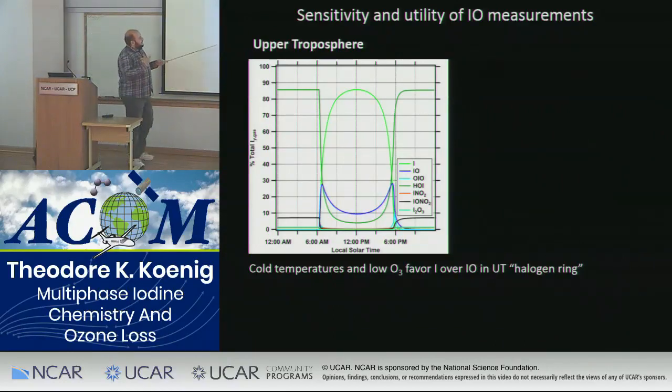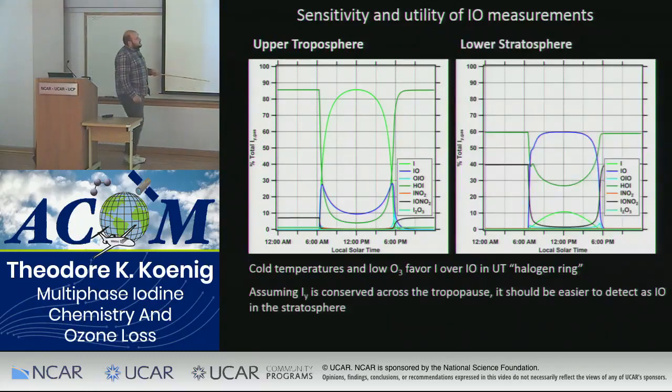So let's look at how we might be seeing things a little bit differently than those twilight measurements. Here I've got the total amount of iodine in the gas phase, and how much of it, based on a chemical box model, I expect to exist as each species as a function of the time of day. Here, I'm looking at conditions in the upper troposphere. For the upper troposphere, the expectation is that IO should peak around the twilight hours. If we had a daytime measurement, then I'm only able to measure about 10% of the total Iy, and I'll have less leverage than the measurements at twilight.